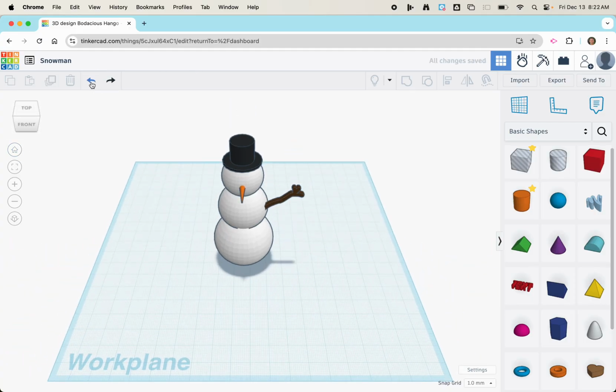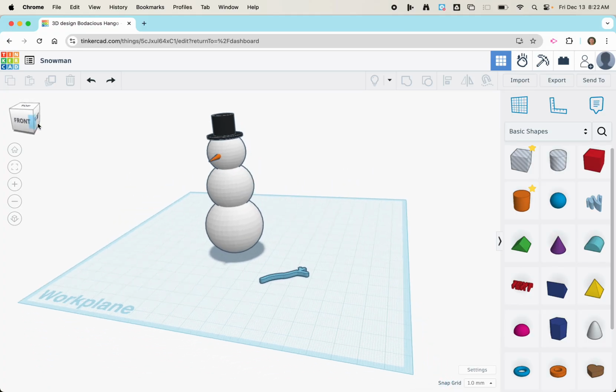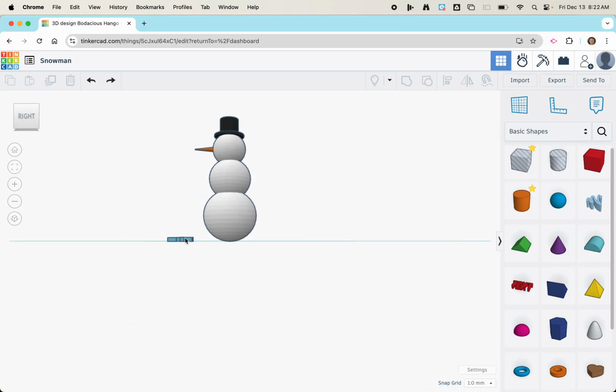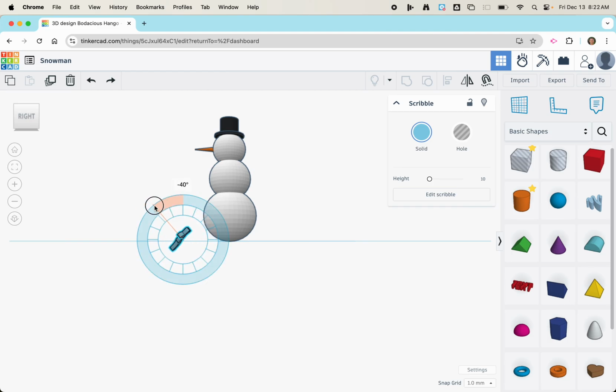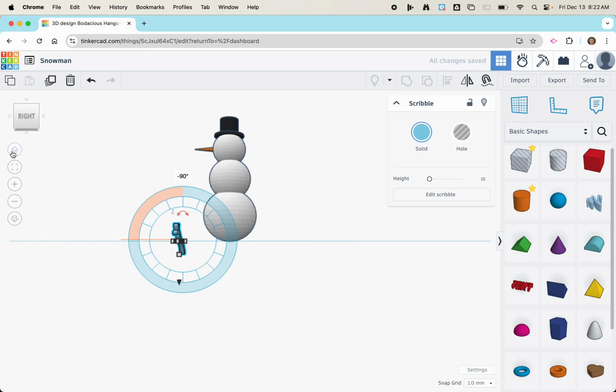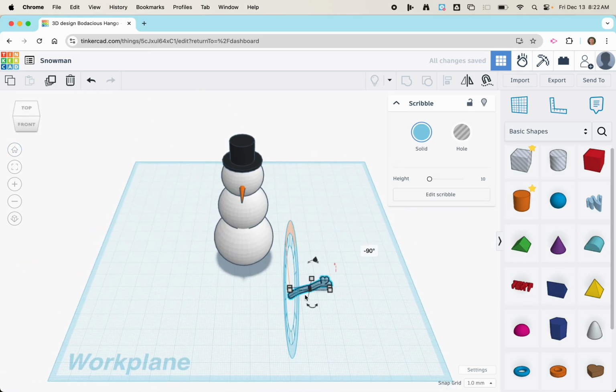Okay, I'm going to show you how to rotate that again. So I'm going to undo it so it's laying on the ground again. Okay, so to be able to roll it towards us in the front, it's typically going to have to be on the right side. Click on it, and now you get the rotate option that will allow you to basically make it stand up. And you want it to be 90 degrees. Okay, I'm going to go back to my home view, and now we can push it back here,